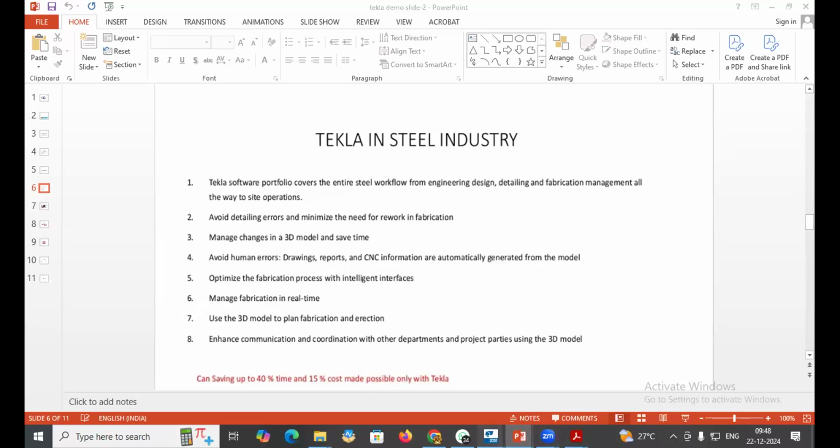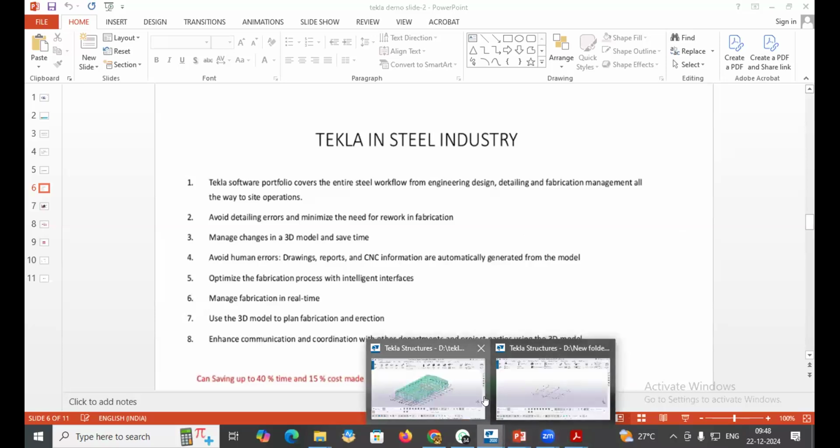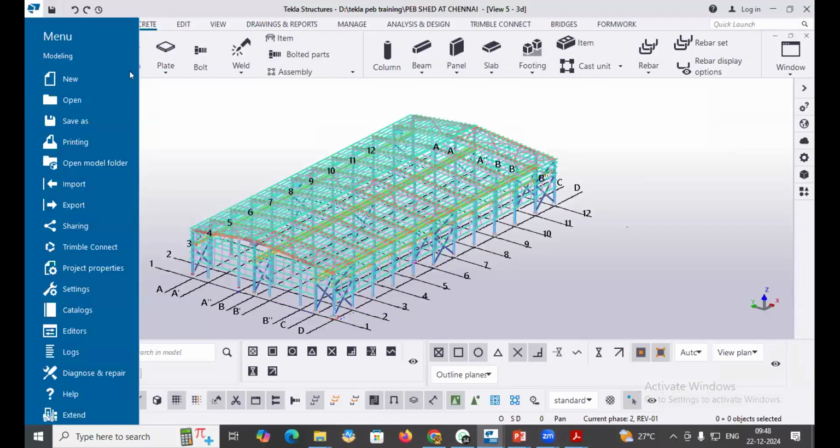Okay. Coming back to the menu details, you can see here there is a new menu. In the menu, there is a new model option. Once you open it, you can create and open as I said previously. Then previous models can be opened this way, and there are also save as, printing, open model folder, import and export. For import and export, you are able to communicate clearly with all the software currently available in the market